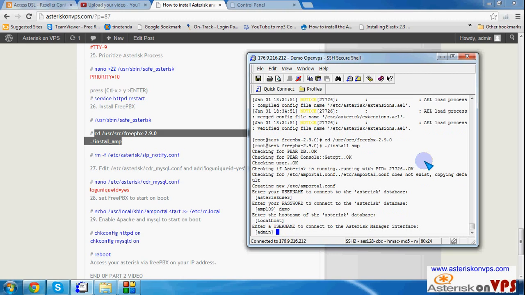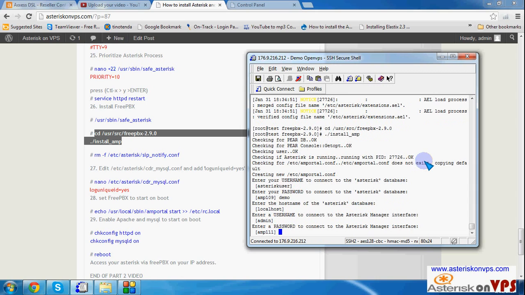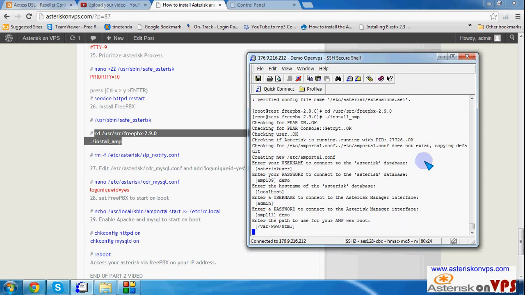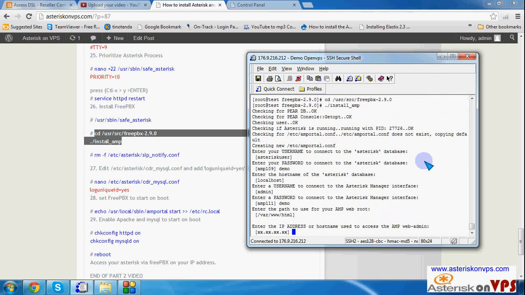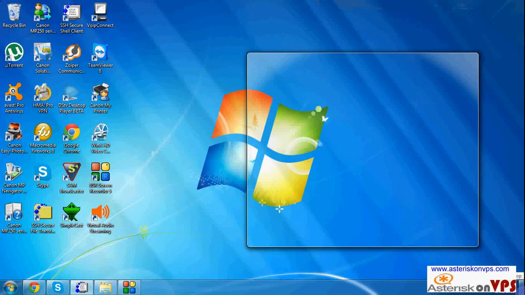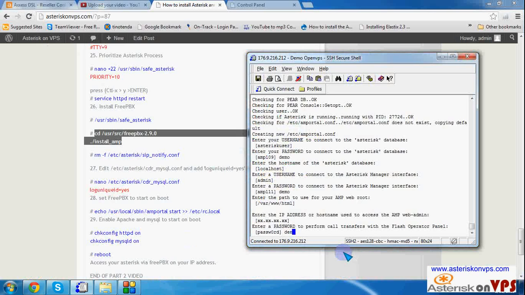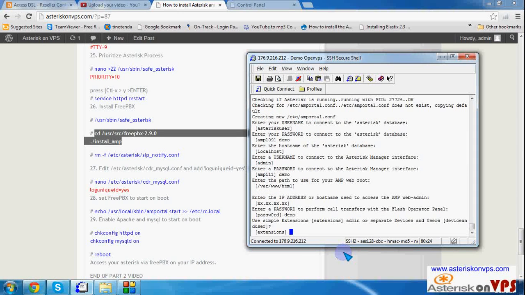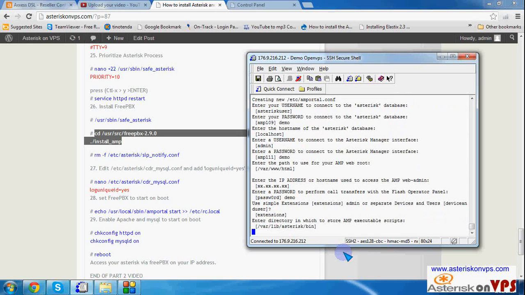Right, enter a username to connect to the Asterisk manager. Leave it default, just enter. Enter a password to connect to the Asterisk manager interface. Let's put demo here. All the passwords, let's just put them demo. Okay, just enter. Here IP address, just enter also. Okay, password demo. Extensions, leave that one default. Enter directory in which to store AMP executable